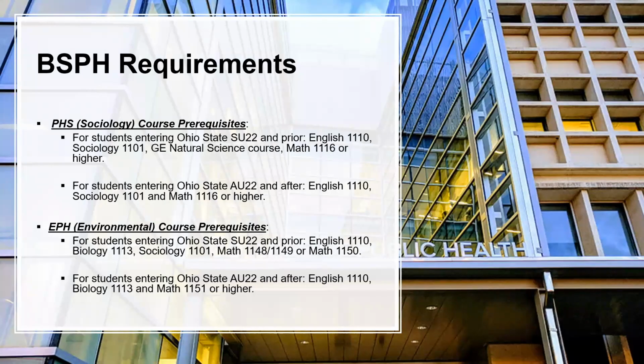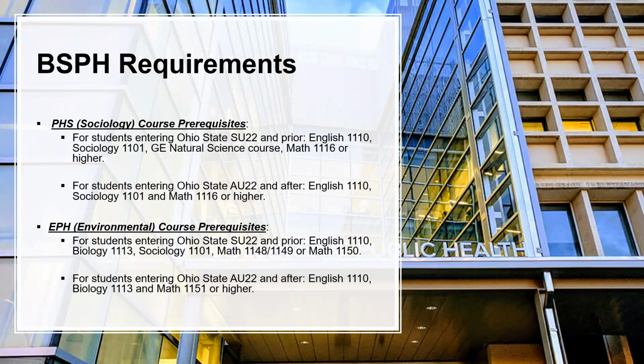So I mentioned those prerequisite classes, and I have those highlighted here, broken down by each specialization. What I usually tell students is just take a picture of this if you are confused. Now, this is definitely on our website, but if you want to take a picture now so you have that, you're welcome to. I mentioned it's broken down by specialization area, but it's also broken down by when you entered the university. So pay attention to that, because you'll see that there are subtle differences in those prerequisite classes depending on the specialization and when you entered.